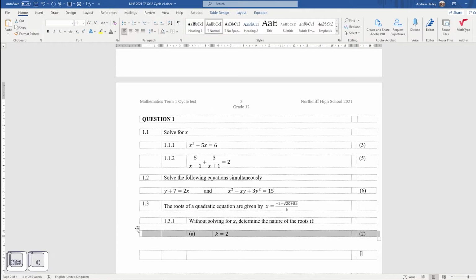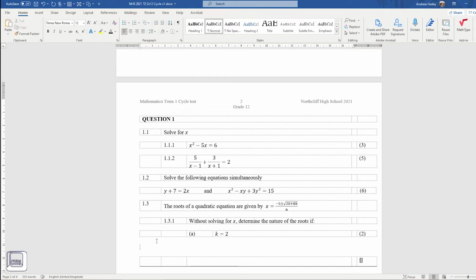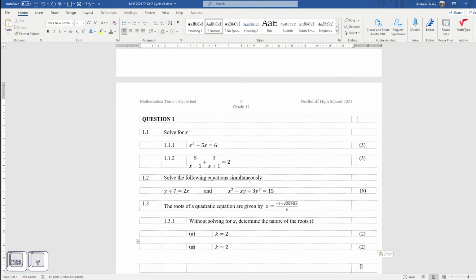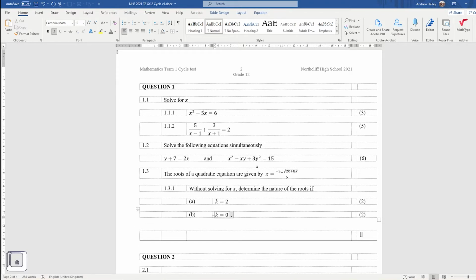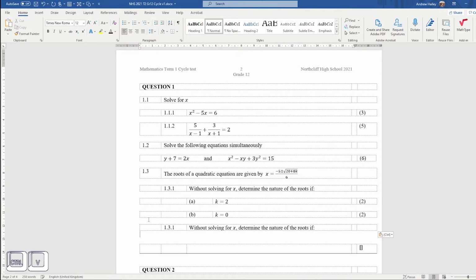I'm going to have a B, so I'm going to copy that and change this to B. And now I'll make it k equal to 0. I have 2 different types of questions there. All right, so that's 1.3.1 split into A and B. I now want to follow up with a 1.3.2. So this is going to be 1.3.2. And I'm going to say here,